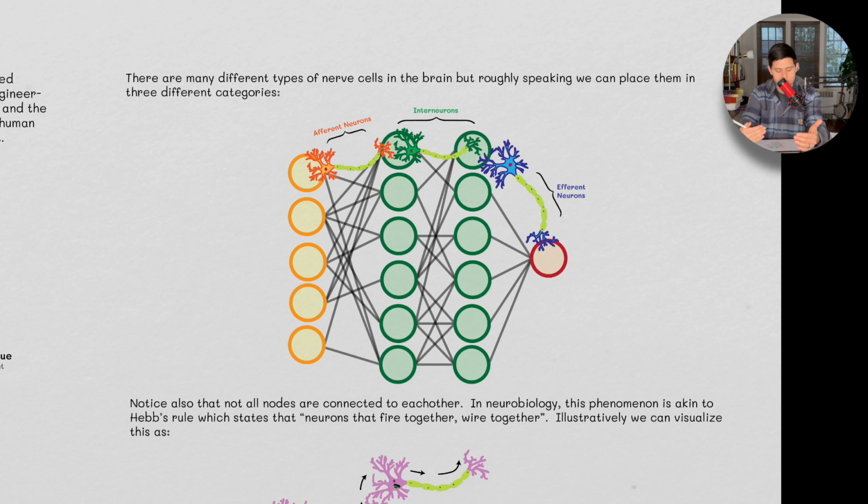The interneurons, this is where the brain is, right? There's tons and tons, billions and billions and billions of interneurons in our brain. And those billions of interneurons have all these intricate connections, okay? And these intricate connections, well, they're connected to more interneurons, but then eventually some of these are going to be connected to efferent neurons, which send a signal back to whatever is producing the output, right? Okay.